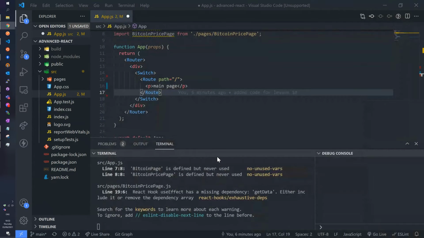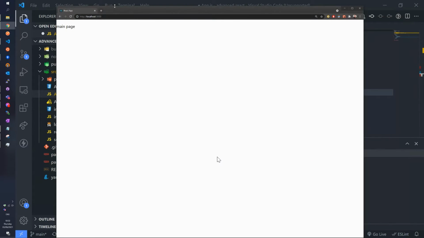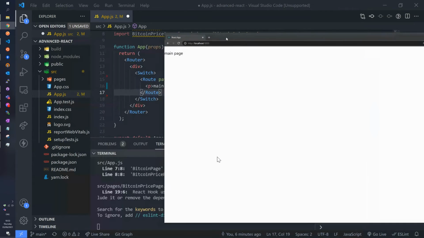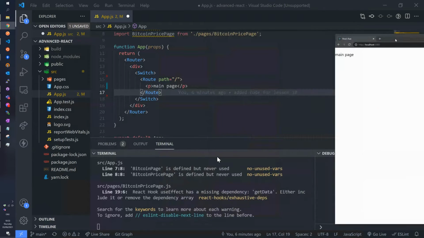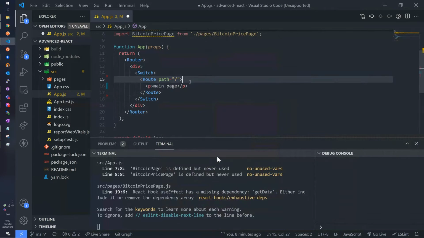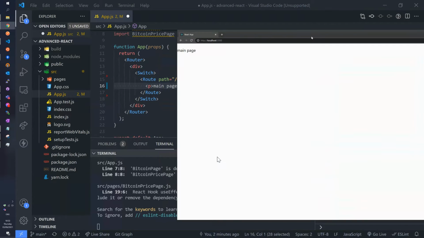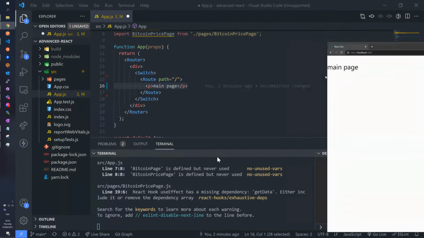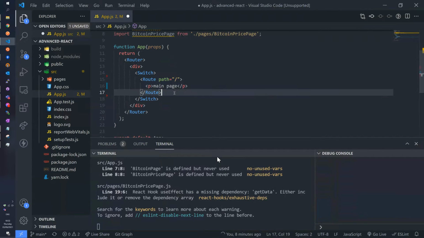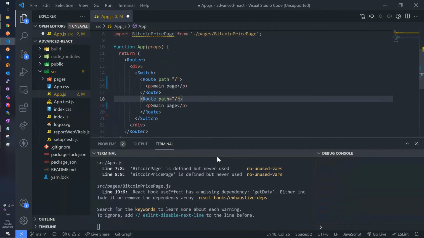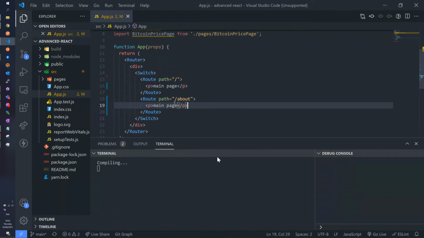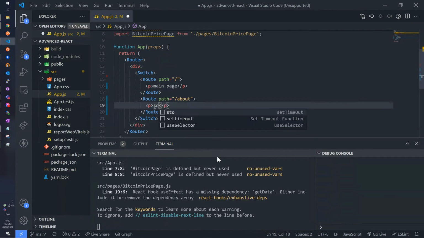Okay, so now if I go to localhost, yeah, there I go. I should see the main page. So here we don't have any fancy routing yet. We just say that, okay, if you go to the main page, you should see this paragraph. So surprise, surprise, this is what we see. Now we're going to add a second route. Let's say if someone wants to go to /about. And here is going to be something about me.